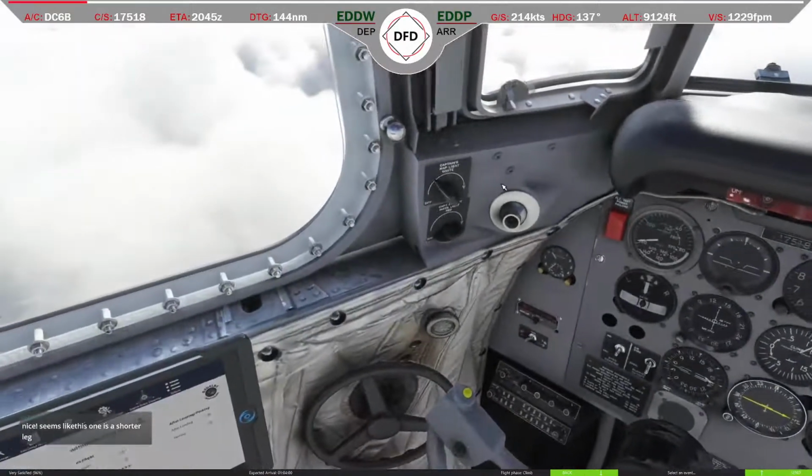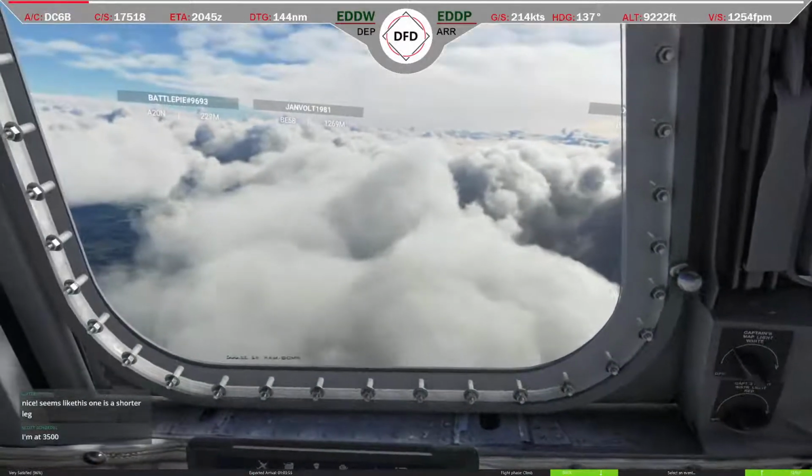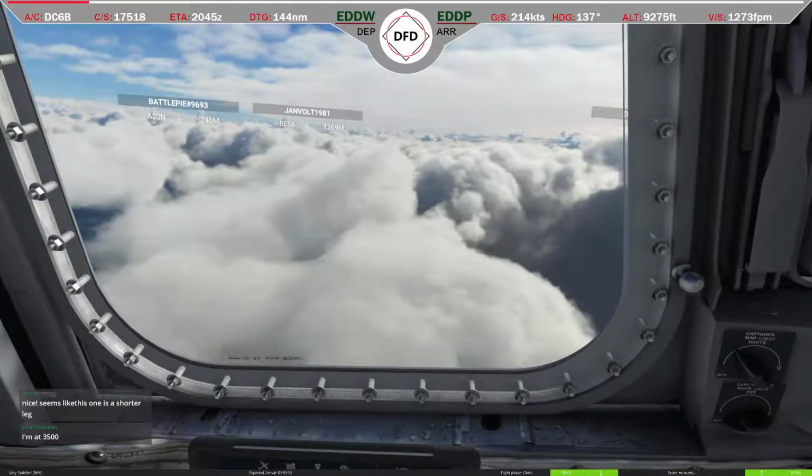Speed is still good. You're now passing through 10,000 feet. You can now turn on your larger portable electronic devices. As a reminder, please keep your seatbelt fastened while you're...